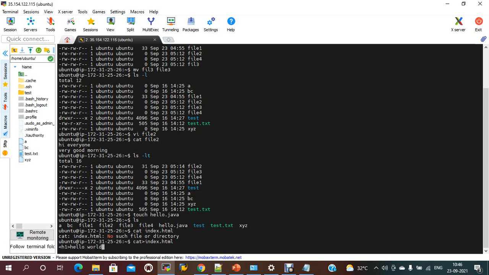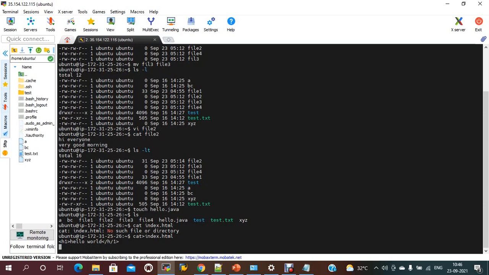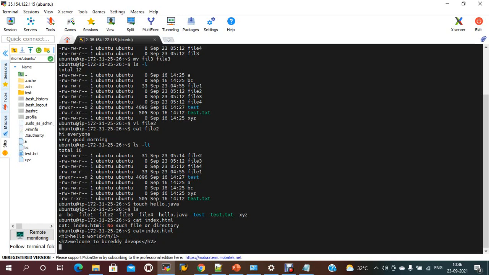Hello world, some data you just need to insert in this cat command. Once you have inserted some data, if you want to quit, you just need to use Control D. It should come out of the file.